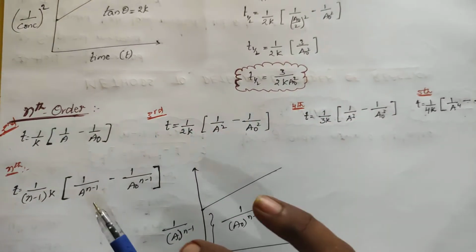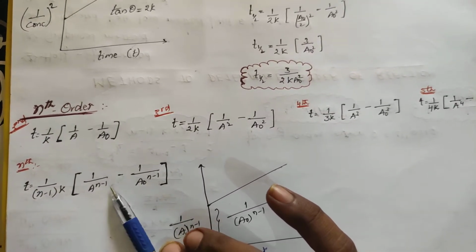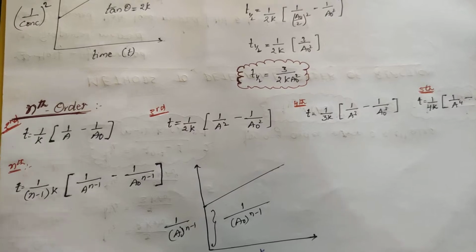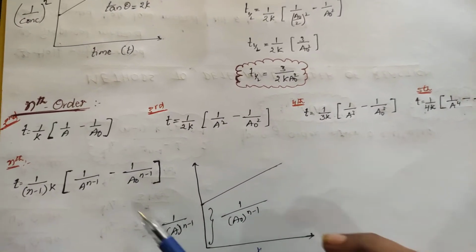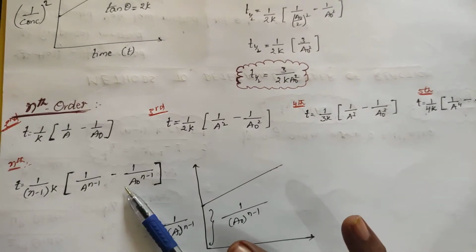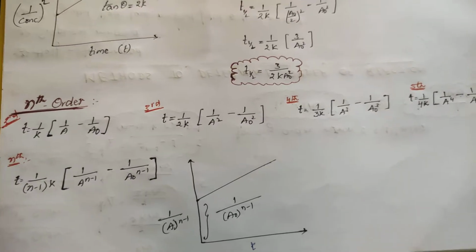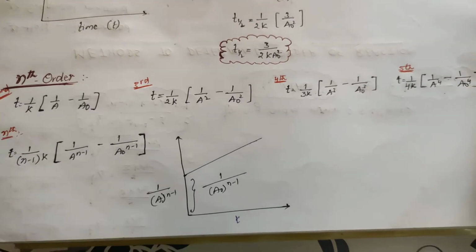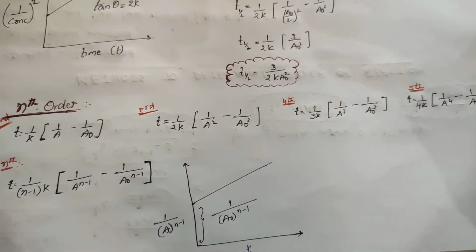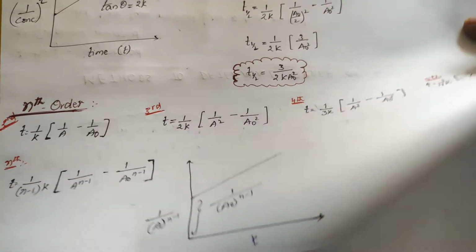There is one more method of deriving this. This is the shortest way. When we come across the direct classes, then I will say how to derive this one. Or in a simple way, you can keep this in mind. Or you can use the above process, how I derived it for the first order as well as the second order. Keep that in mind and apply it for the nth order and you will get the equation for the nth order integrated law.